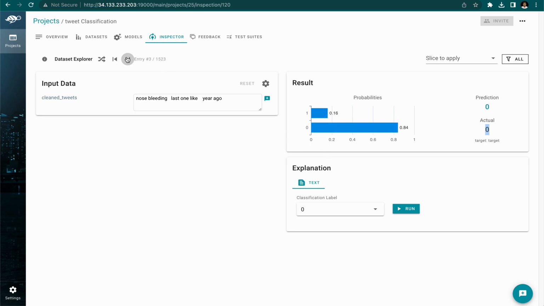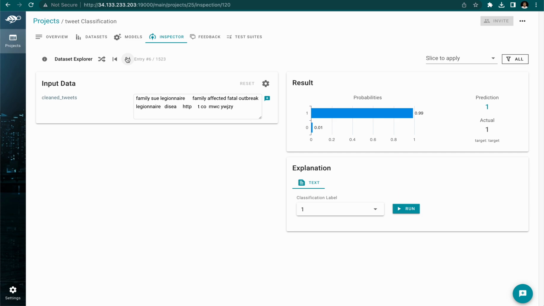Let us take a bit more. Yeah, you can see here this data set. This says there is a fatal outbreak and so a couple of families are affected, and the predicted result is that there isn't a disaster happening in this location, and our model also detects that. The same model we can also look for